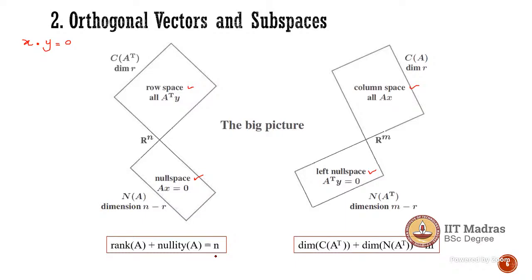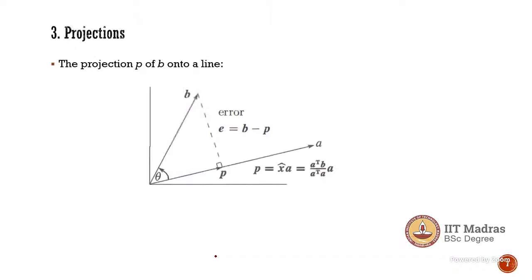Okay. So now let's go to projections. For finding the projection of a vector onto another vector, how do you do that? It's simple. If you have a vector a, and now I have one more vector b, I'm going to project this vector b onto this vector a. This projection is given by this p, which is some scalar multiple of your vector a. So we have found this x hat to be equal to a transpose b by a transpose a, multiplied by this vector a. So this is your projection formula.